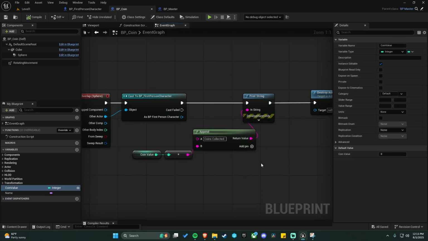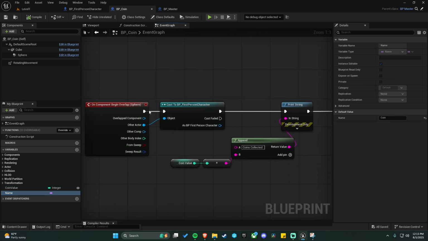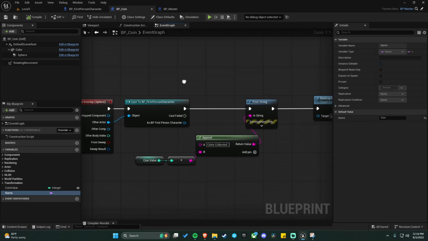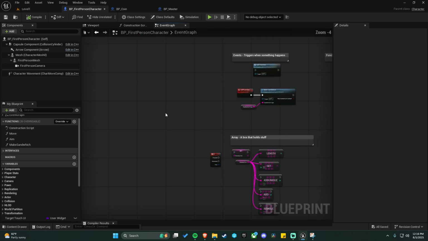So this is just a really fast example of what class inheritance is. We just shared the variable. We can override our functions here. It's not a proper override. That's okay. But just giving you an example because we're going to be using this in the future. And if you see any other tutorial series anywhere else or just programming in general, you are going to see classes and class inheritance. So let's go back to our first person character and let's go ahead and comment out